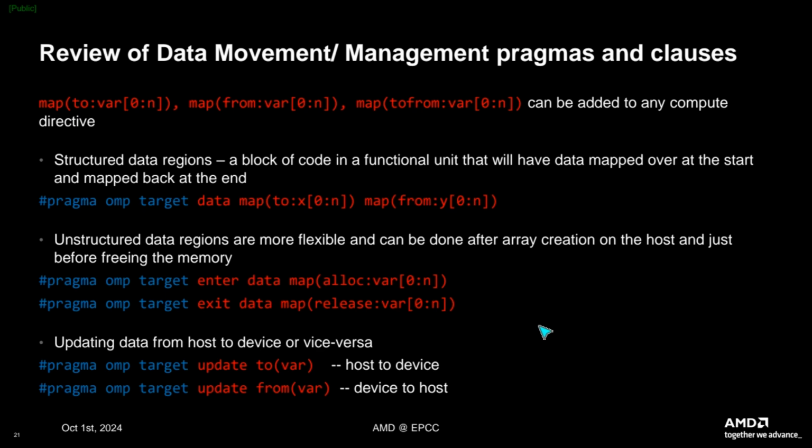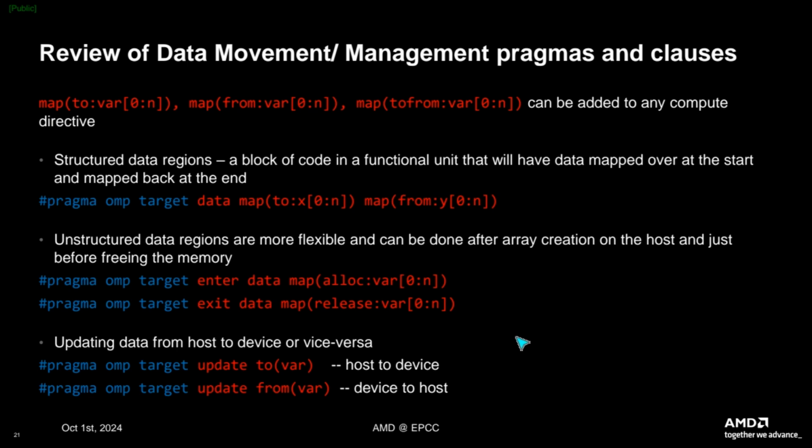But unstructured data regions are more flexible and can be done after array creation on the host and just before freeing the memory. So whenever you allocate the memory, you can have a pragma omp target enter data, map alloc this variable name, and then at the end before freeing your memory, you can have this pragma omp target exit data map release. So these are kind of the equivalent of allocating memory on your target